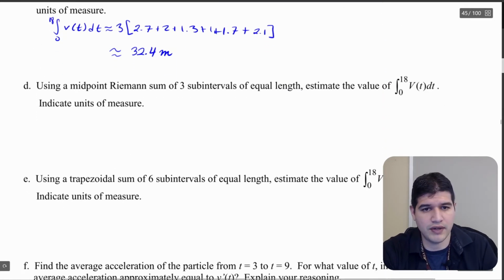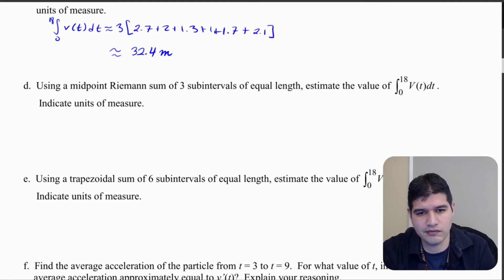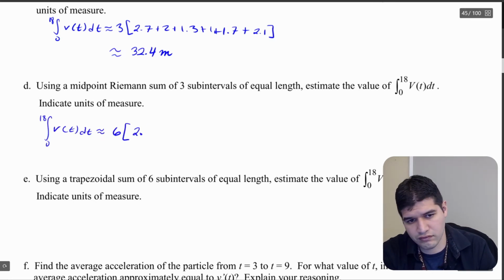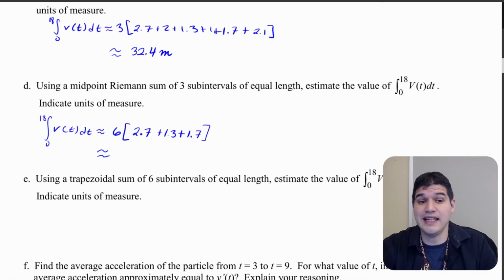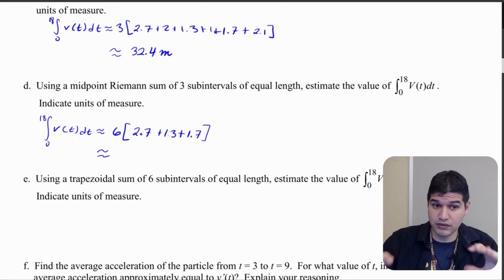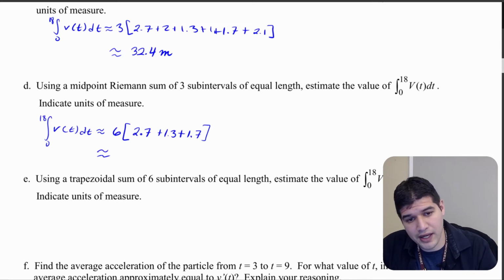Now in our next question, we want to use a midpoint Riemann sum. So let's go ahead and write out those values. And we do want to do this with 3 subintervals, so it's going to be a little bit less to write. When I add those up and multiply it by 6, because we're going by 3 subintervals, I'm going to get about